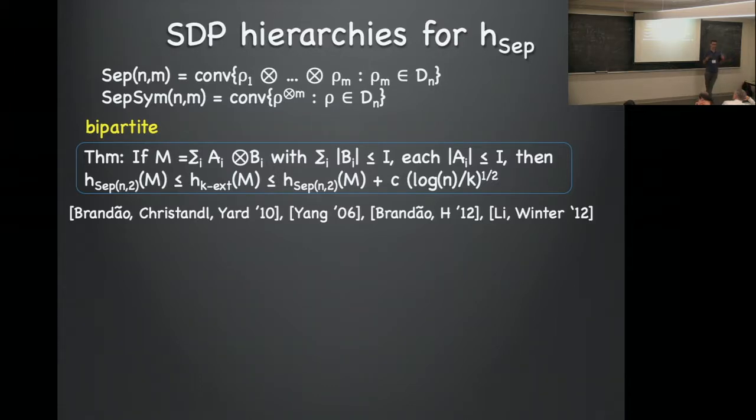Again, use something that's a lot like validity. I have to even define what k-extendability is in the multipartite setting, but kind of the multipartite version of k-extendability in these running times. And I guess the important thing to see is that we still have the log squared of n in the exponent.